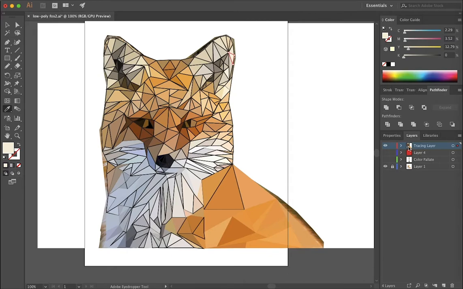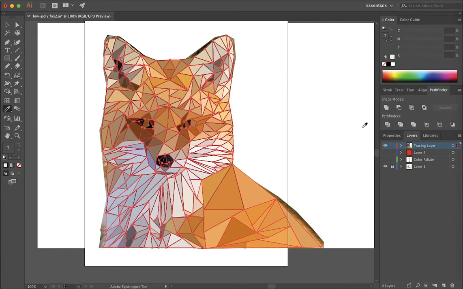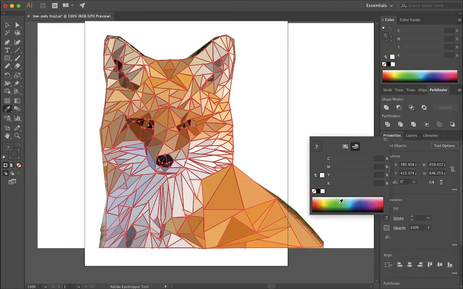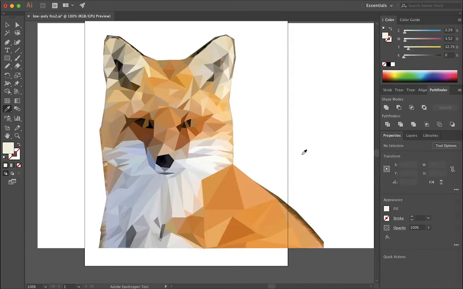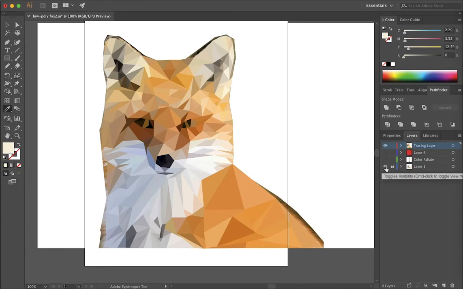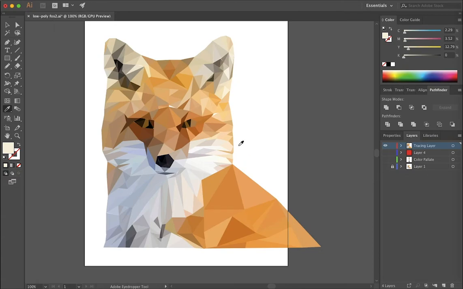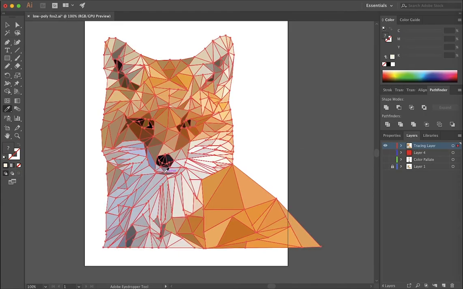One last thing to do is to option click on your tracing layer and turn that stroke off. That way when you look at your image, you don't have those black lines or blue lines or purple lines or whatever on there. So if I turn off the background layer, you can see that I'm left with a pretty good representation of the original drawing. So I am going to select everything here,